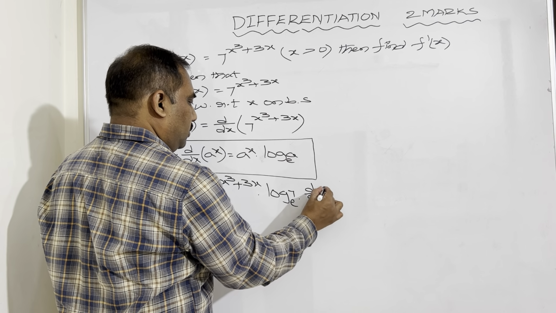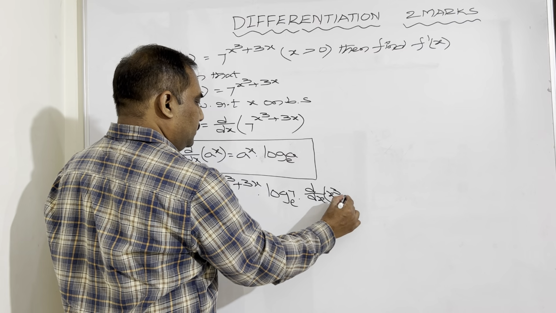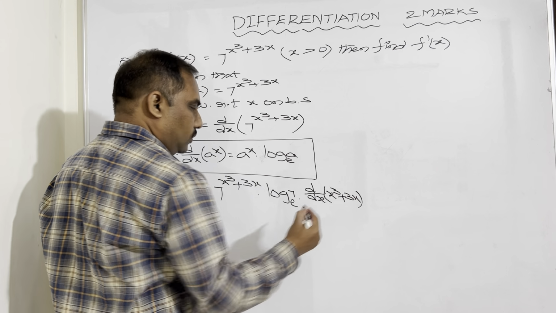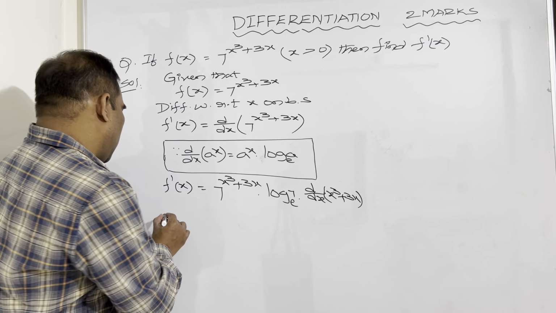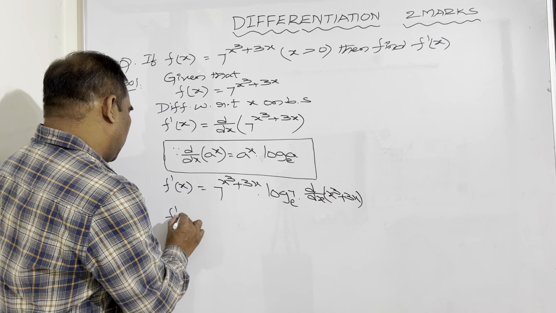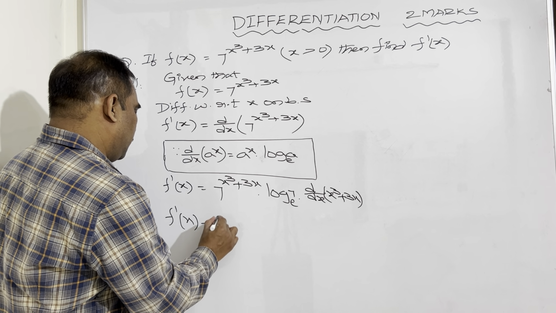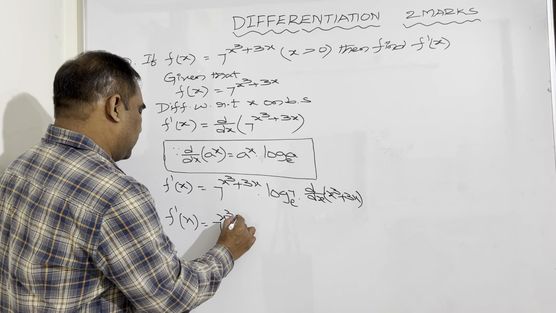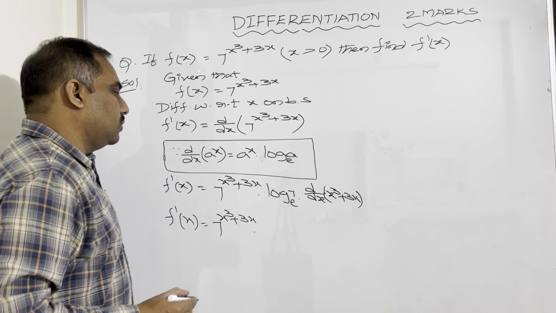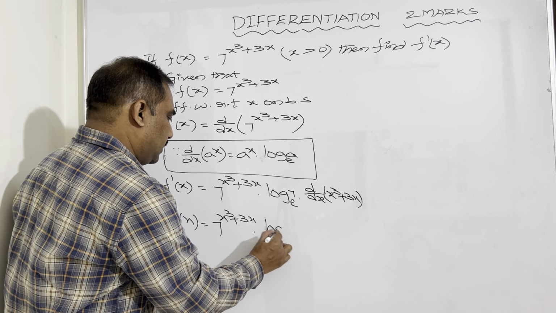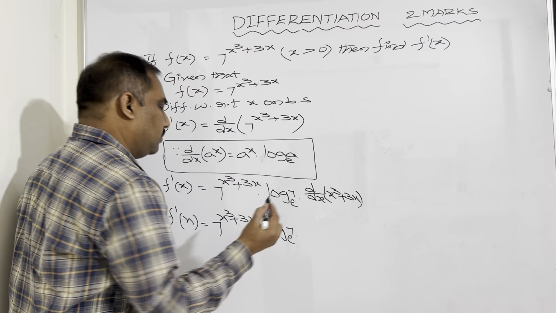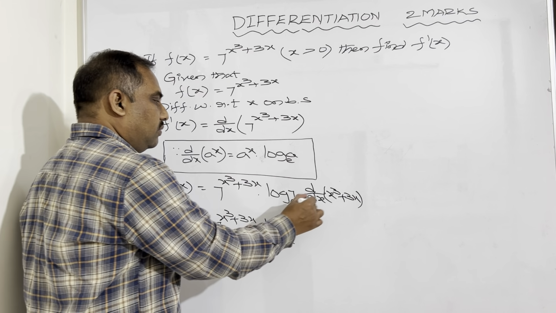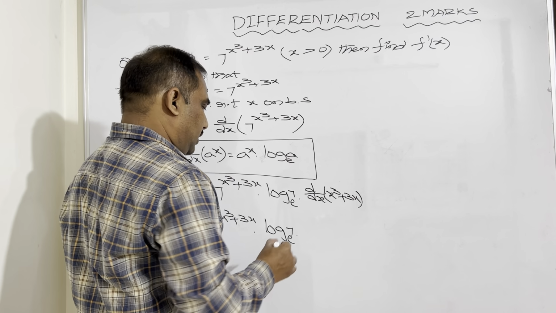So further we have to do the derivative of this x cube plus 3x also. So now here f dash x is equal to 7 to the power of x cube plus 3x into log 7 base e,